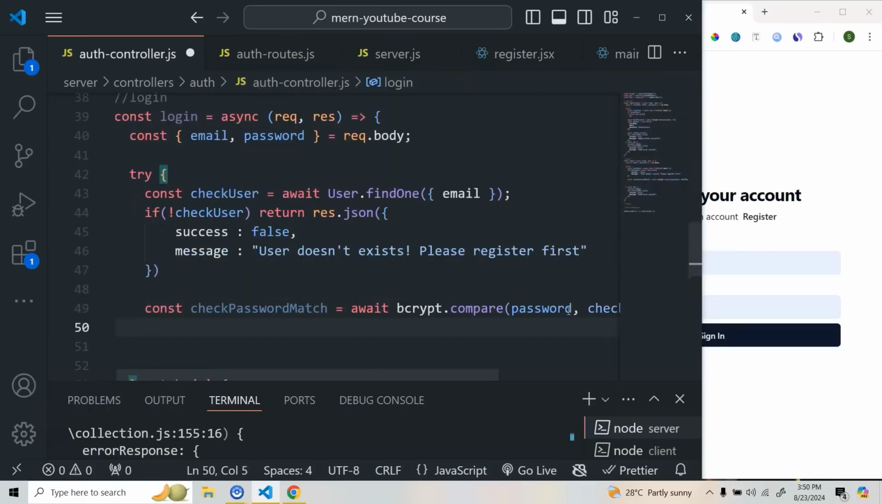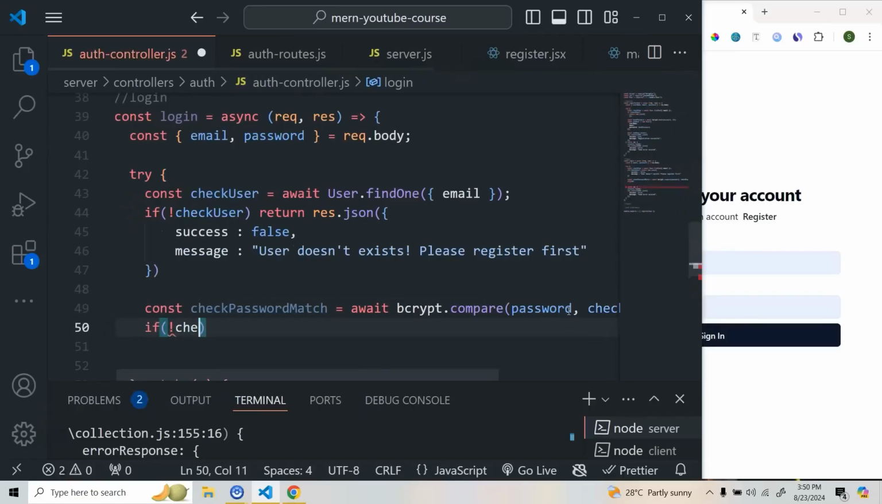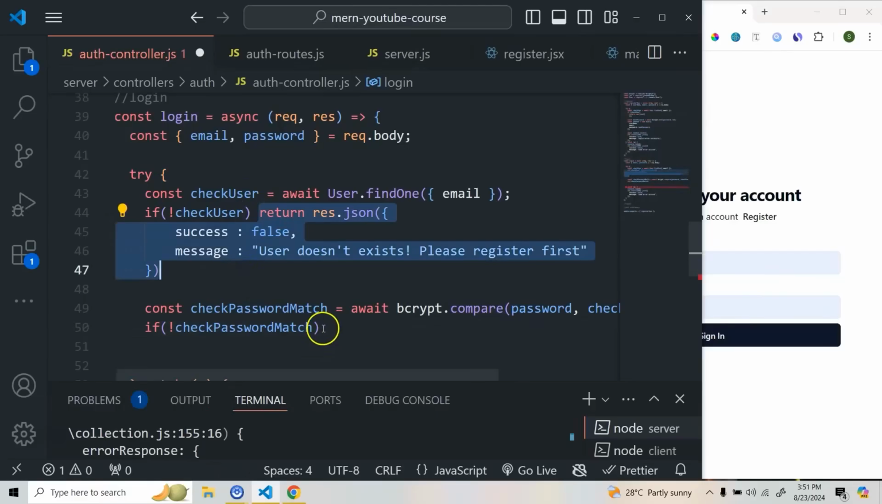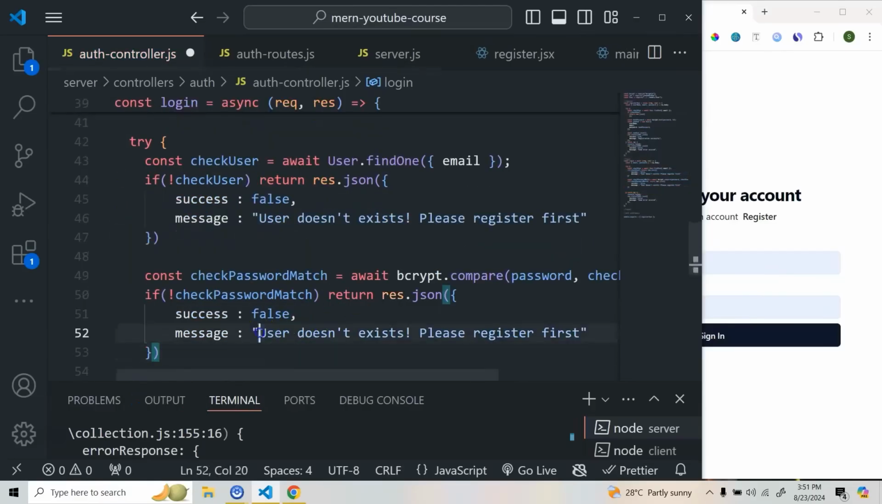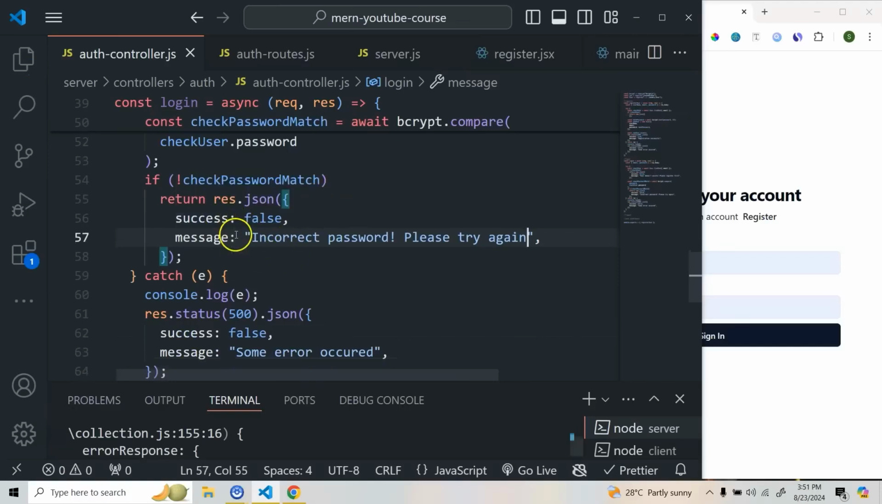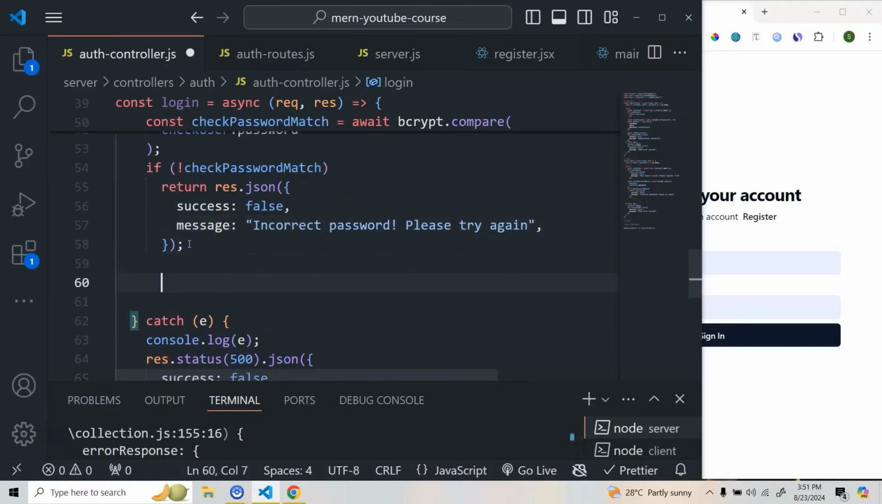If this check password match is false, that means the password you entered is wrong. So we're going to return an error again: success will be false, and we'll say invalid or incorrect password, please try again. That's it. So this is one more step, and after this, if both things are correct,